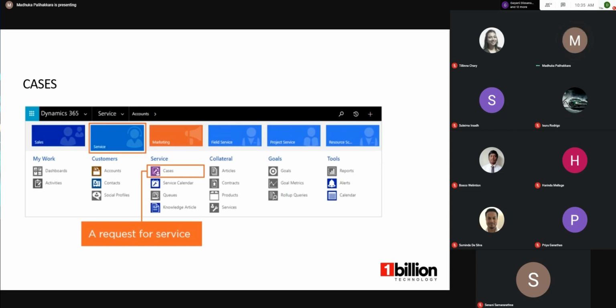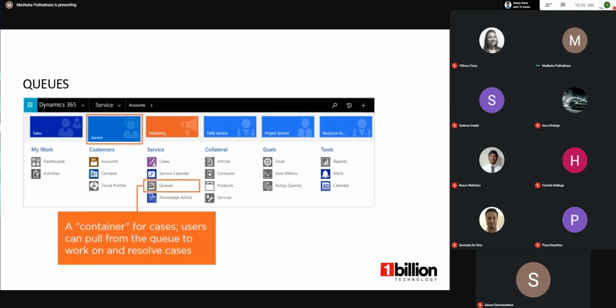Cases can be related to other cases, and a case will contain all the information about what the request is about, the current status of the request, what has happened to the request so far, and what research has been done on that request. Likewise, we'll look into more details about how to create cases and things going further.